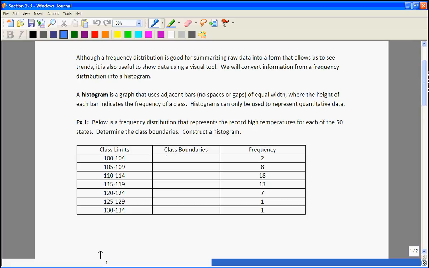So for 100, I'll use 99.5 and go up to 104.5. Notice that even though we shift a little bit for the class boundaries, it still has a width of 5 as the original class does. For the next class, we'll have 104.5 to 109.5, and then we'll fill in the remaining class boundaries in the same pattern. And finally,